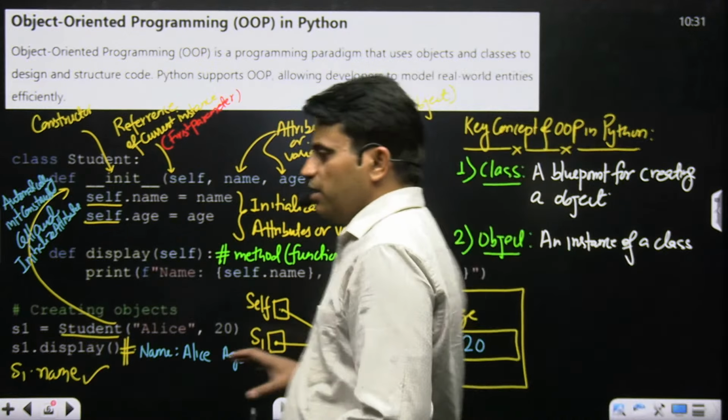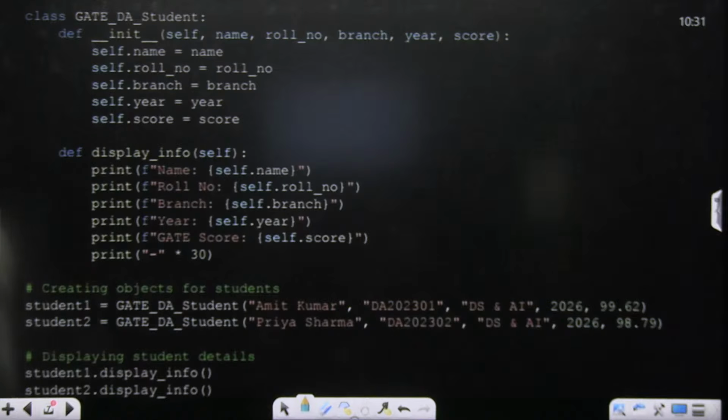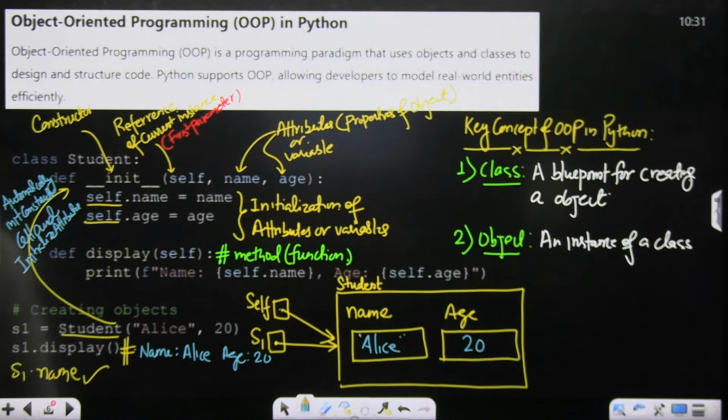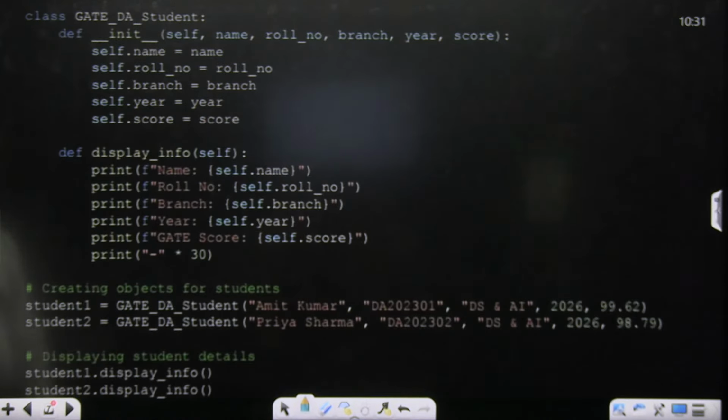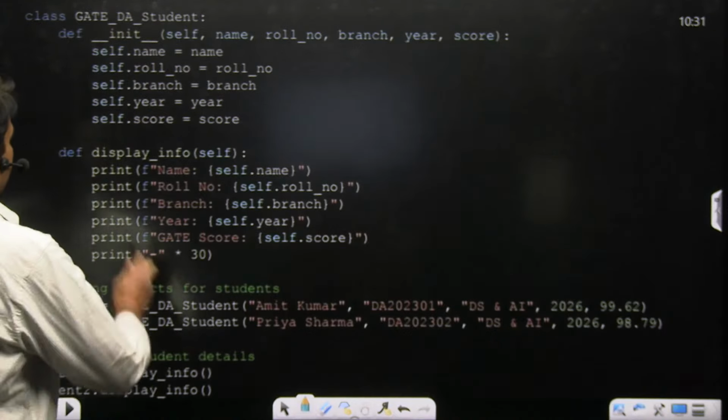So this is fundamental, student. Fine. Now, class is a blueprint, student. Here I want to display the CEDA 2026 student scorecard. Then what is the blueprint for the CEDA scorecard? I am creating a class for CEDA student, class name CEDA student, and define this